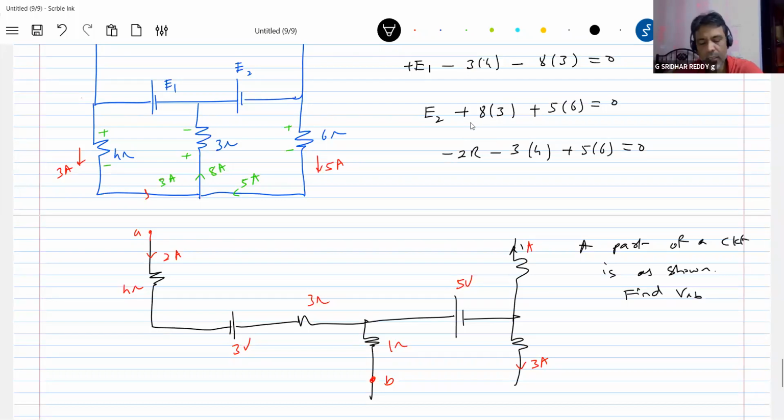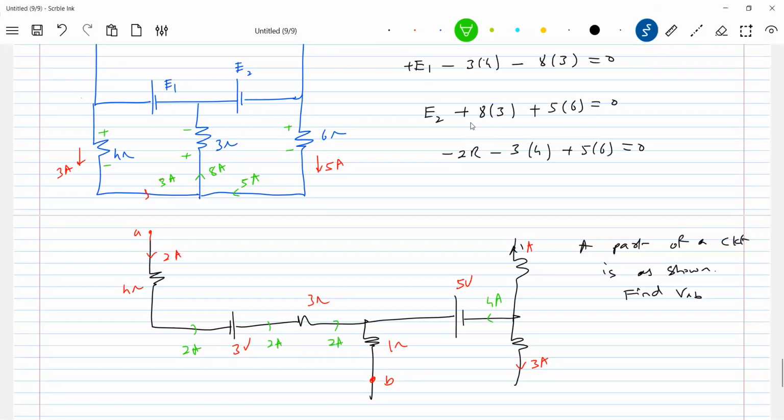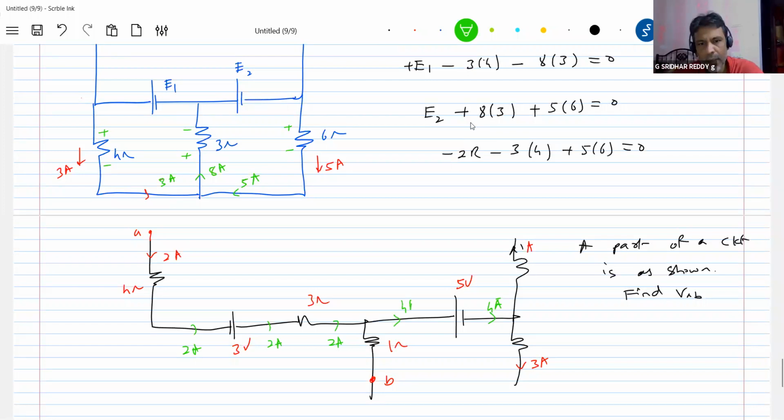So we'll trace it out here. 1 ampere, 3 ampere, so how much current should there be? 4 ampere. Here 2 ampere current flows, and the same 2 ampere will continue here. This will be 2 ampere. Let me wait. This will be 4 ampere. If 4 ampere enters here, then 2 ampere should enter here, no? Then get the polarities now: plus, minus, plus, minus, plus, minus. Right, VAB now.